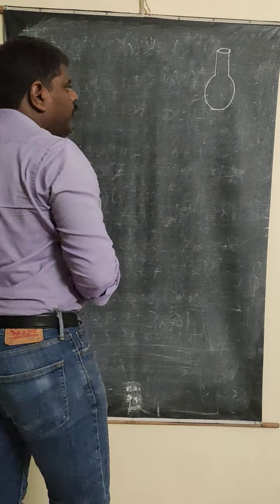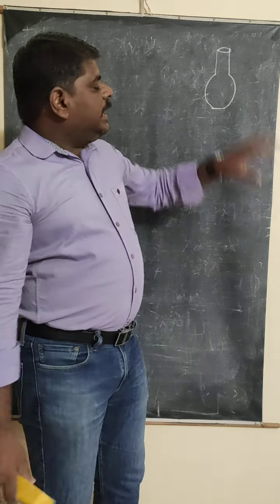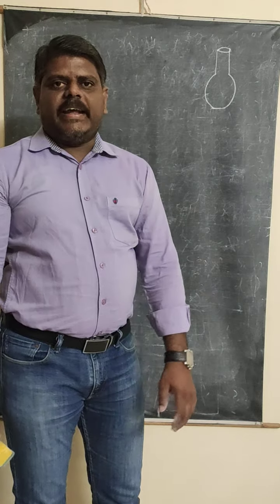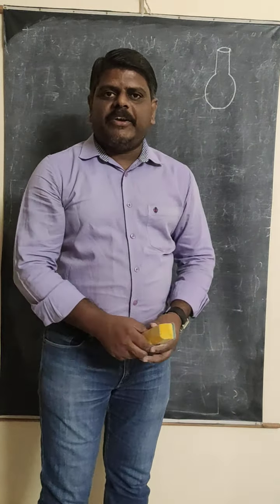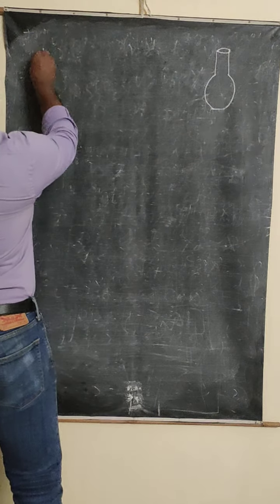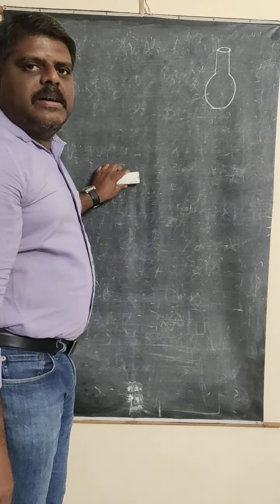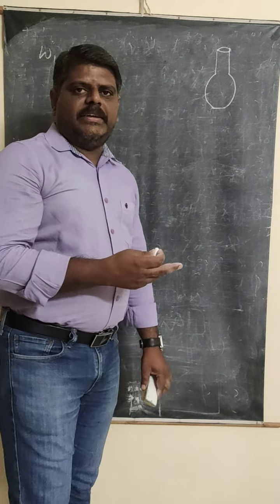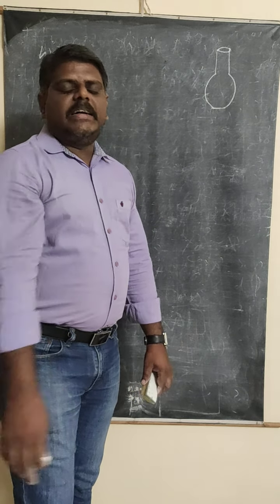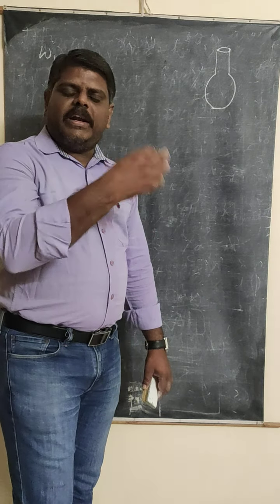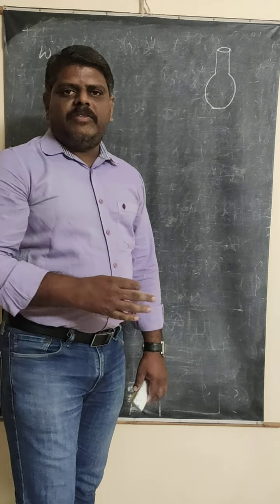First, you take a clean empty specific gravity bottle and measure its weight. The empty bottle weight you are measuring, and that weight you consider as W1. In this formula, either you can use W1 or you can use the mass, because W1 is weight and M1 is mass. W1 is equal to M1 g, because in the final formula g will be taken as common and cancelled. So either you can use W1 or M1. Don't be confused between the terms here.